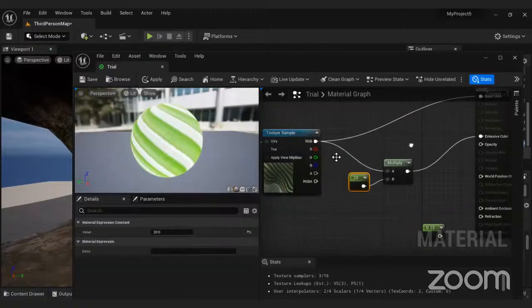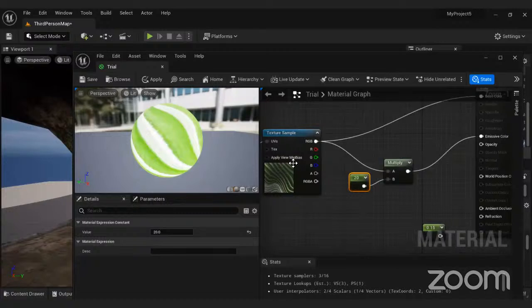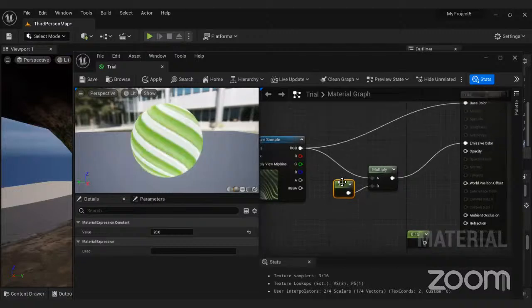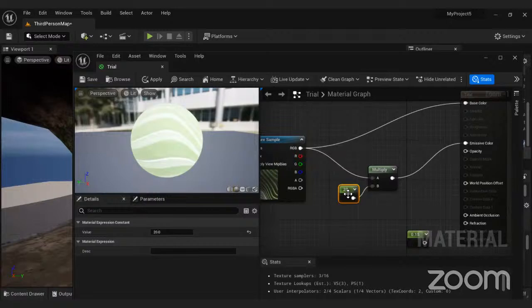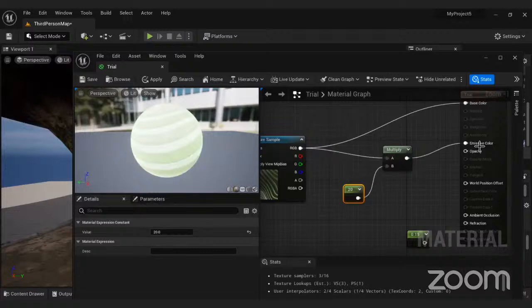So my emissive color is the same as the texture sample, but it shouldn't be. You can use a black and white texture to give it a smoother looking material. You basically multiply it with a scalar value to give the strength of how much you want the